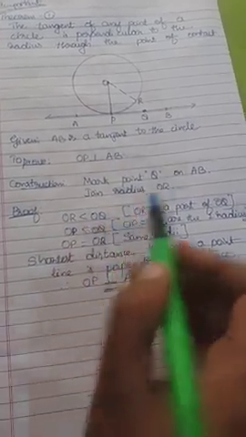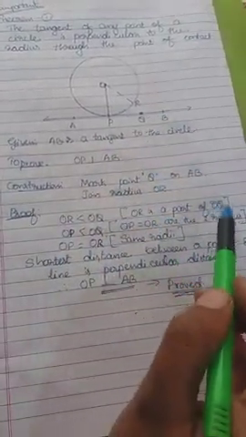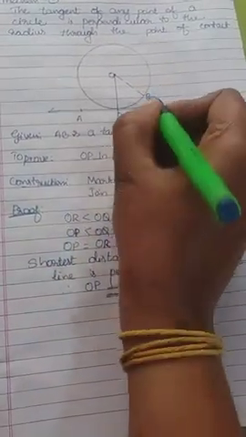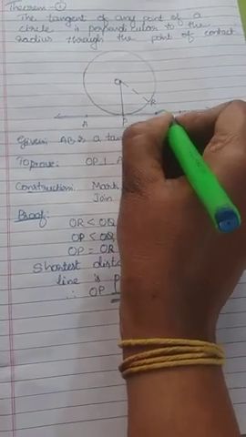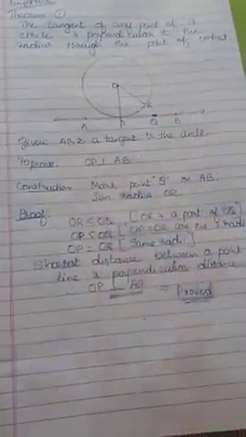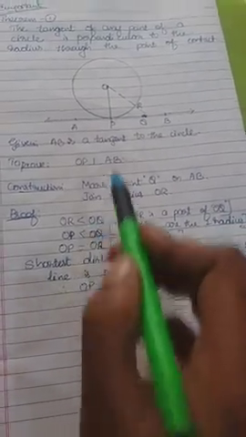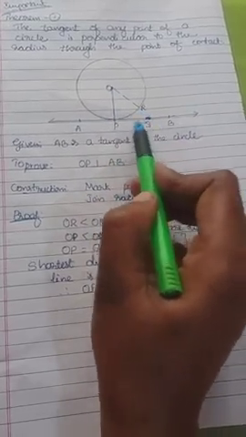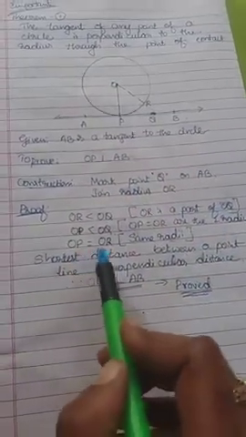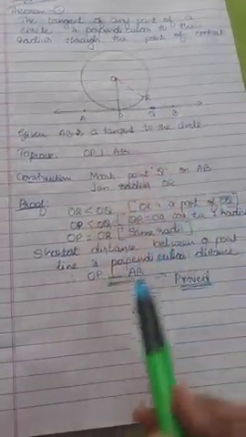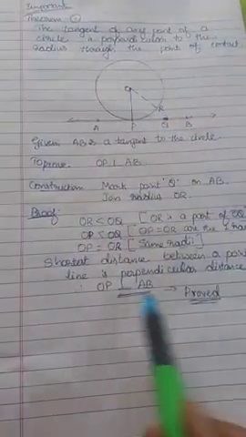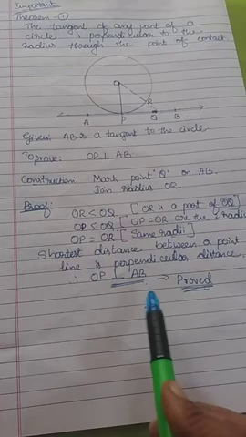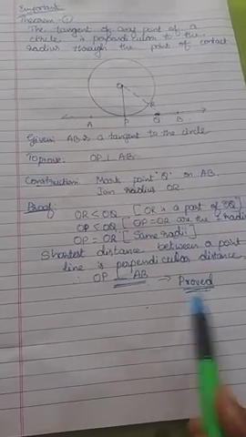Actually OR is less than OQ because OR is a part of OQ. We can check here, if we extend this up to OQ, we can see that. So this is OR, which is less than OQ because it is a part of OQ, and OP is less than OQ because OP equal to OR. Both are radii, and OP equals OR because of the same radius. So OP is the shortest distance, so it is perpendicular to the line. So we can write OP is perpendicular to AB. Hence it is proved.